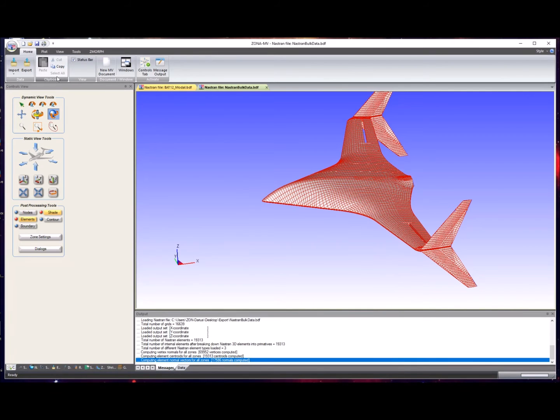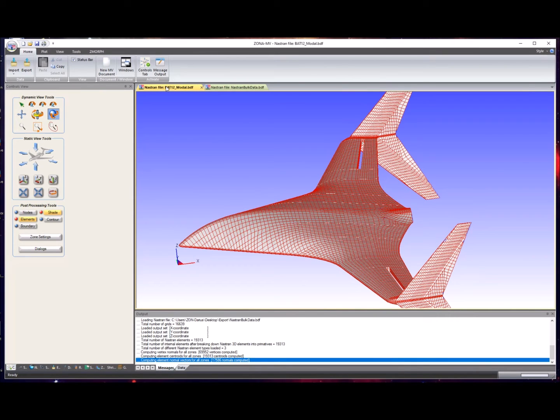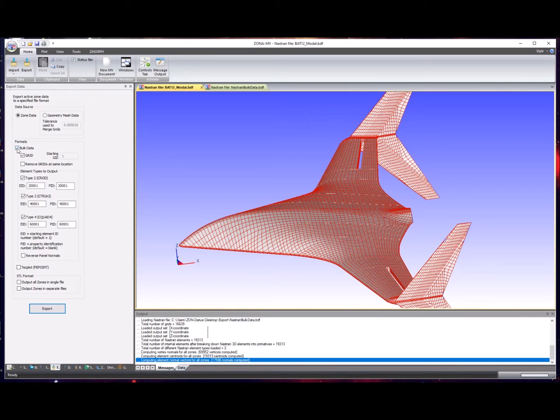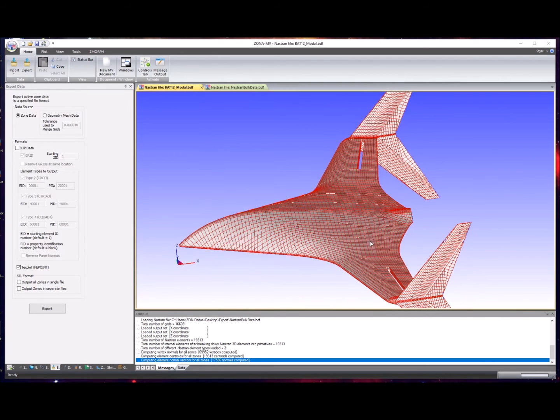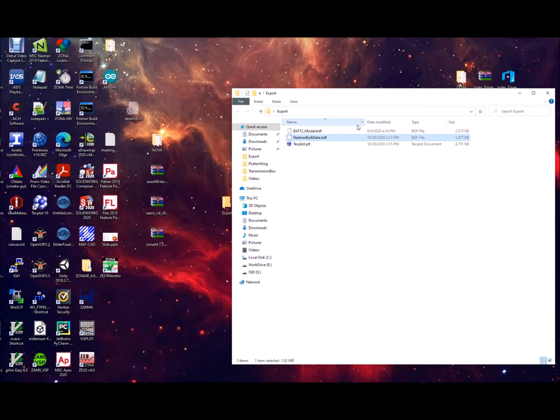So the next export option, we'll go back to the original file here, and we can export, instead of bulk data format, we'll export a Tecplot format. And we'll just call this one Tecplot with the extension PLT, which is the default extension for Tecplot files. And then we'll go look at this file that's generated,